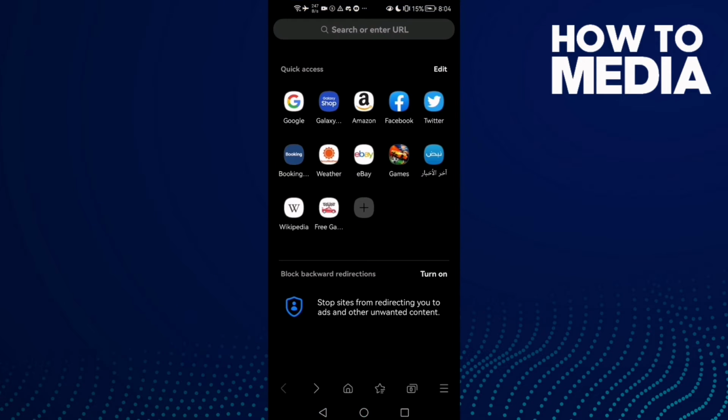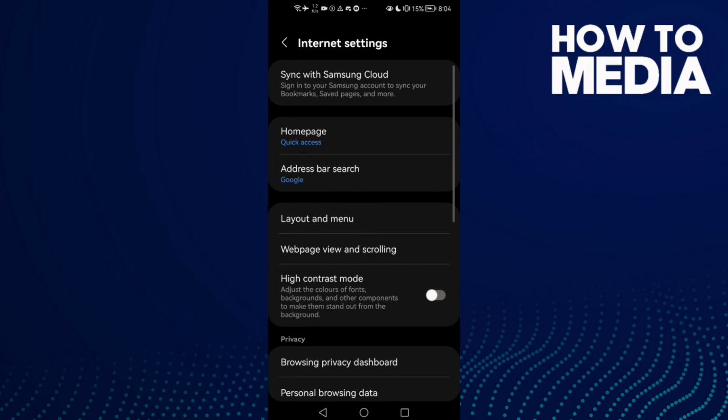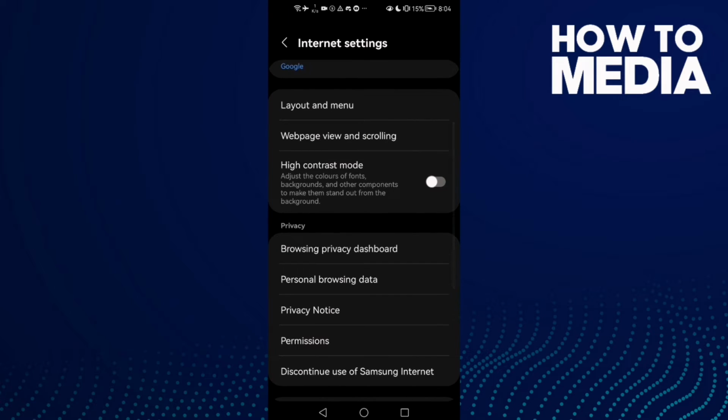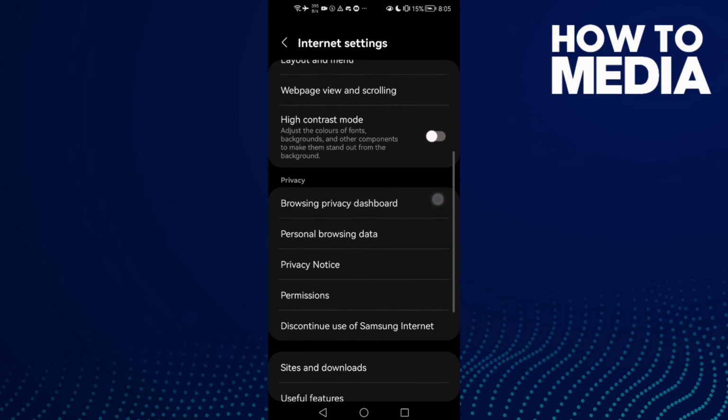First thing, go to the browser and then click these three lines here in the bottom corner, and after you click on it, click Settings and scroll down. Here you will find this one, Browsing privacy dashboard. Click on it